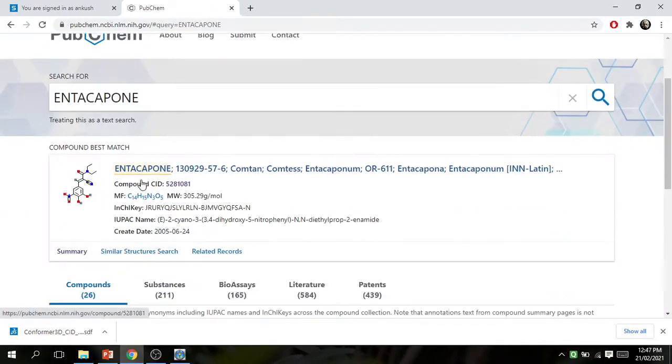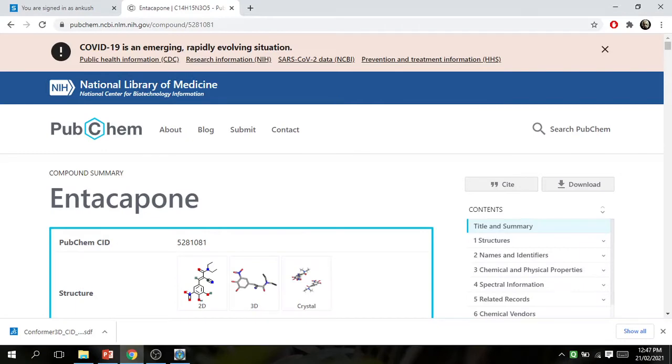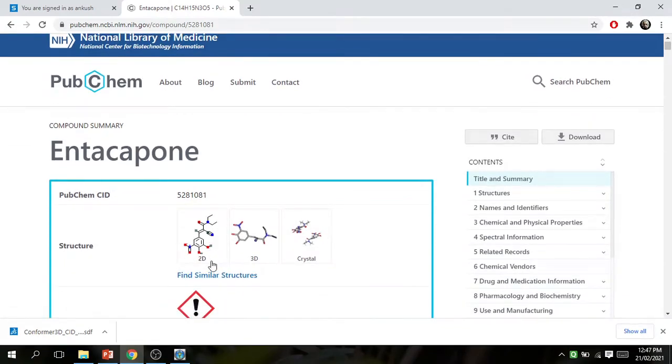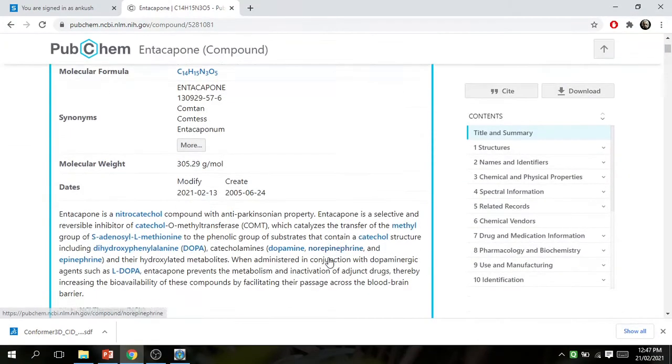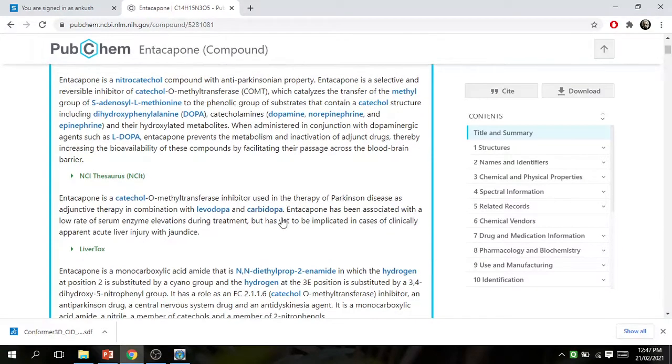Select and open this. It is PubChem ID 5281081, entacapone. The structure is shown in 2D and 3D. Entacapone is a catechol-O-methyltransferase inhibitor used in therapy of Parkinson's disease.